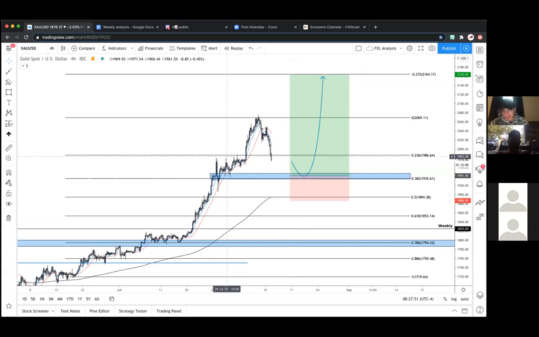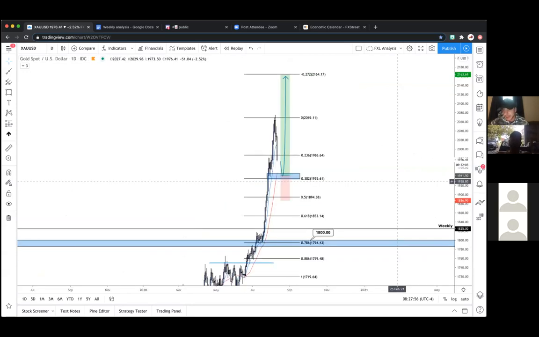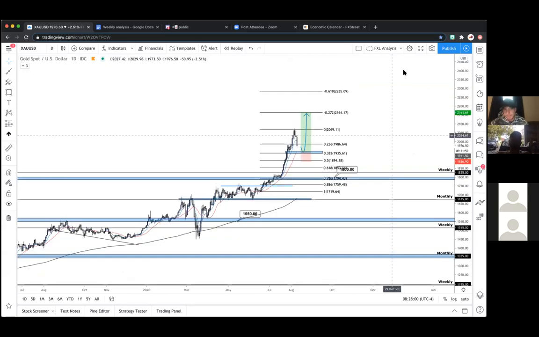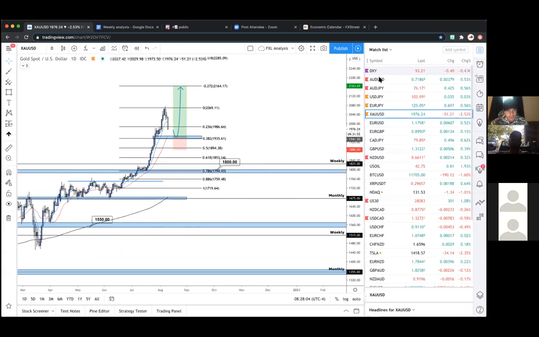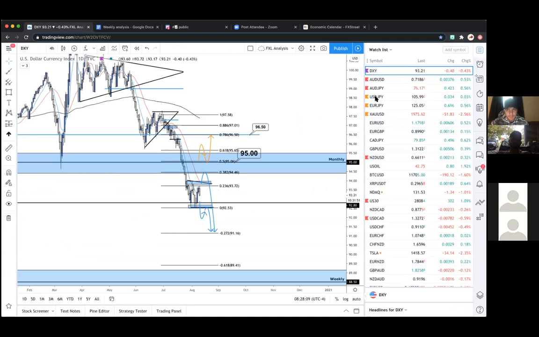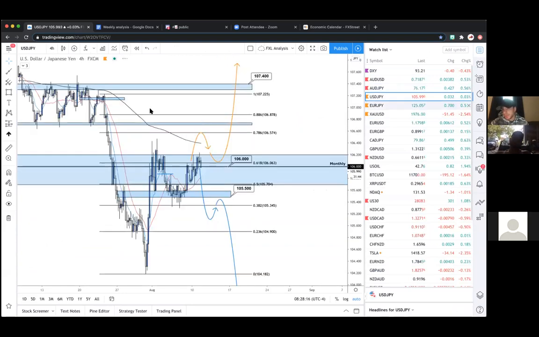We've been waiting for a while as this thing's just been rallying and kind of just skyrocketing. But guys, for now, let's do a quick recap. Covered DXY, covered AUD USD, covered AJ, covered UJ, EJ, and gold. All right, so Angelo is going to take control now, cover some more of the major pairs.